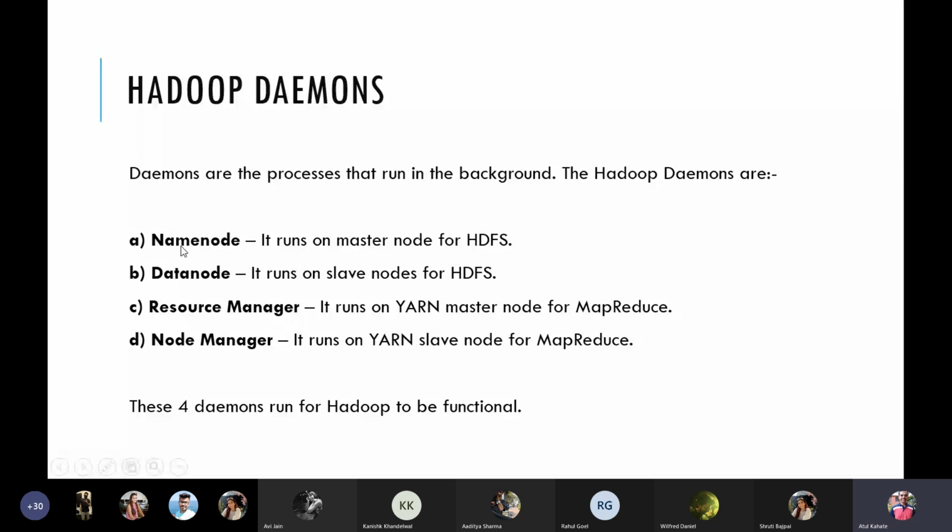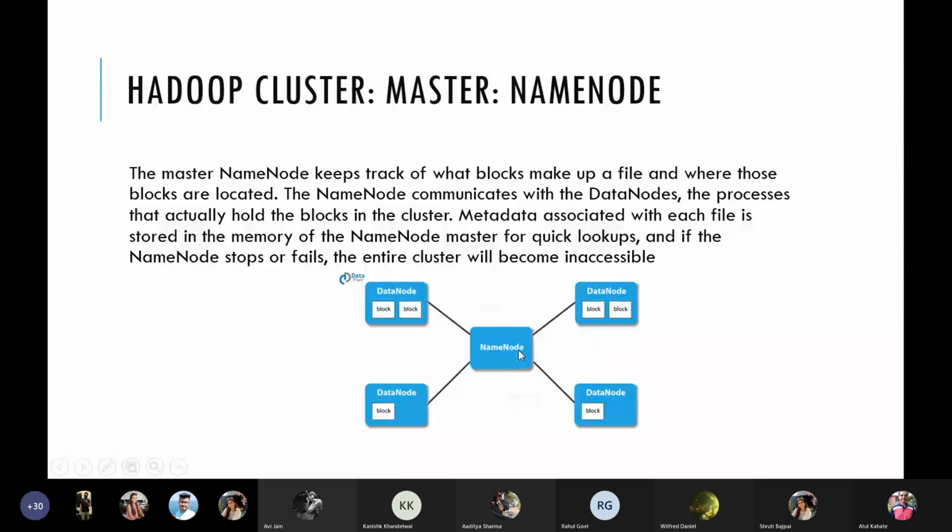So if master fails, name node fails and resource manager fails. And if name node fails, all the data nodes are useless, right? Which is why the name node on master is considered to be the most important HDFS function or HDFS process.